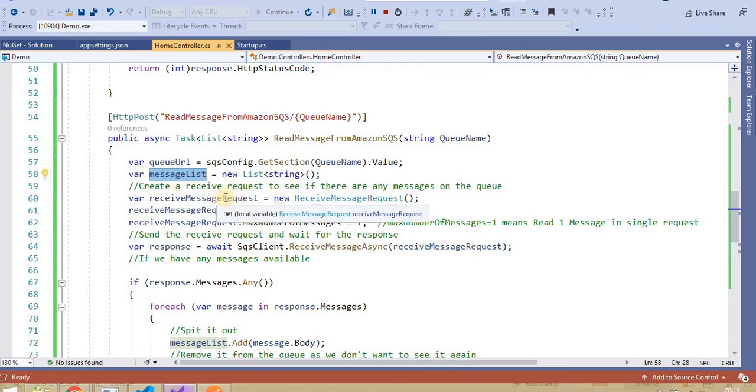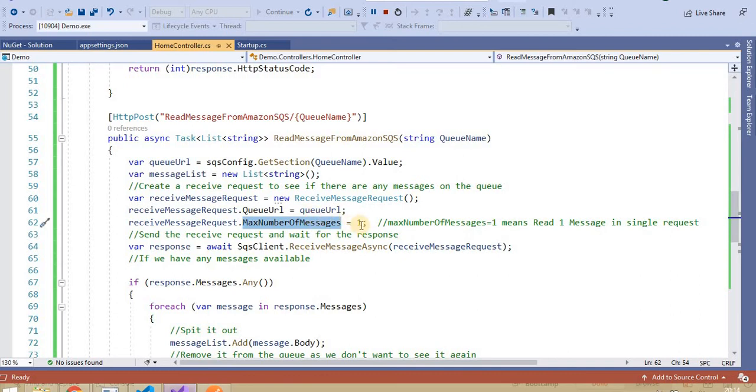To send a message, or to put a message inside the queue, we have the SendMessageRequest, and to read or get a message from the queue we have the ReceiveMessageRequest class, right? We create one object of this, and we pass the queue URL from which queue we want to read. And this is one of the most important properties, the MaxNumberOfMessages.